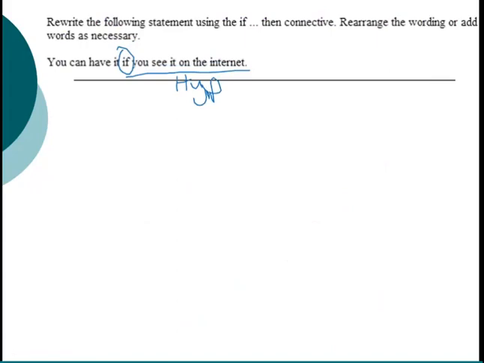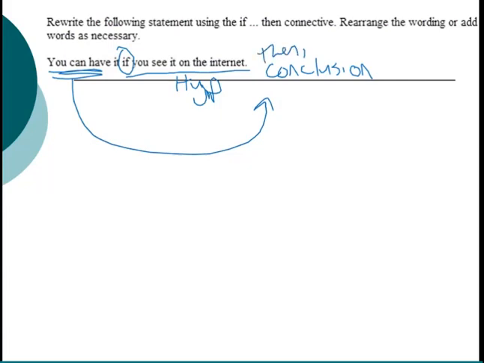The rest of it would have been your conclusion, and it needs to go at the end. Okay? So we've got, if you see it on the internet, then you can have it. Now notice the original statement says, you can have it if you see it on the internet. Well, that's a regular phrase that you would say talking to a friend, but in a math organized, structured statement, you need to say, if you see it on the internet, this part, comma, then you can have it.